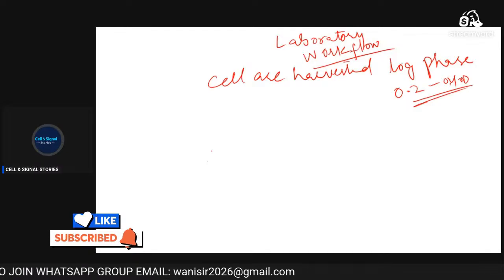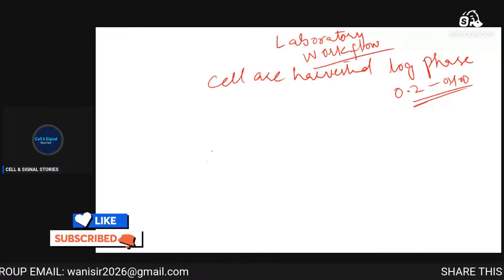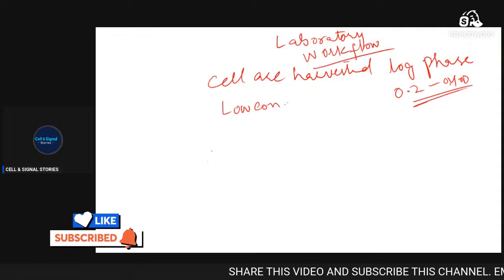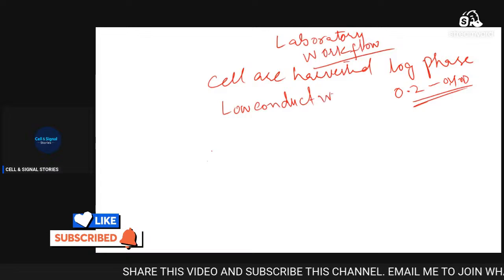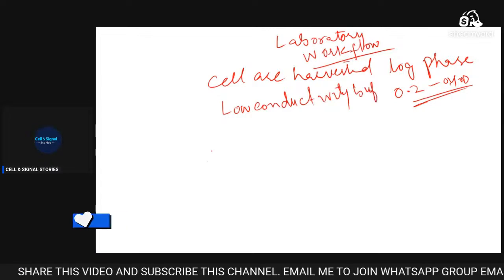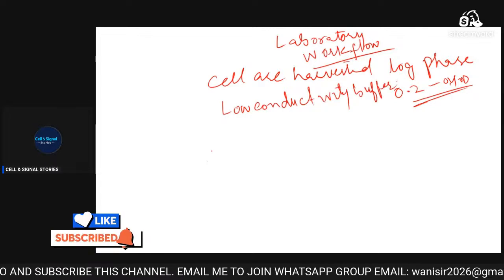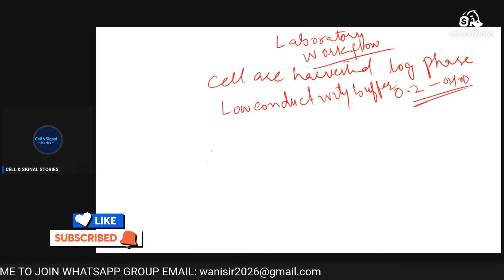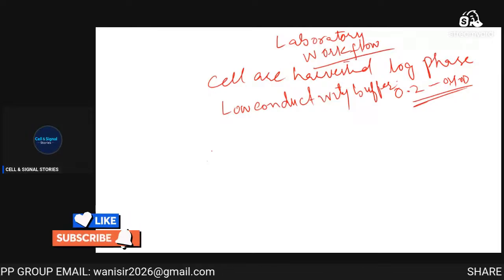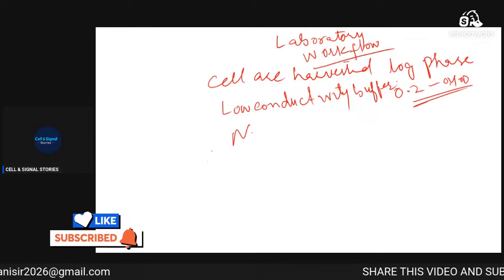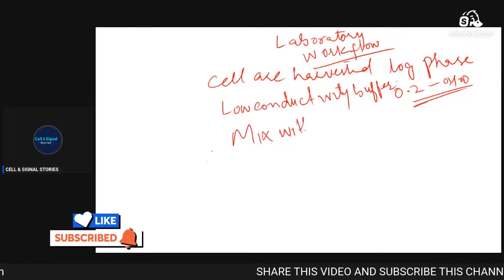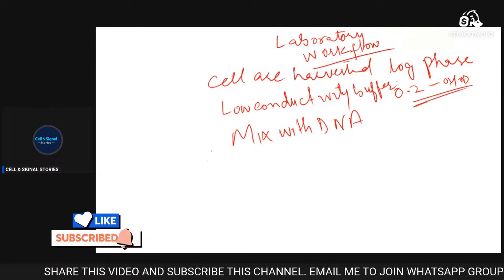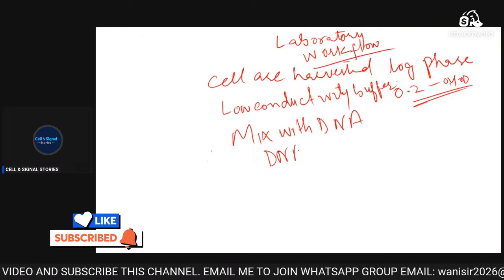After the cells are harvested in the log phase, the second step is washing in low conductivity buffer. For example, a low salt or sucrose-based buffer to reduce Joule heating and arcing. This is very important. Now, the third step is mixing with DNA: a known amount of DNA plasmid